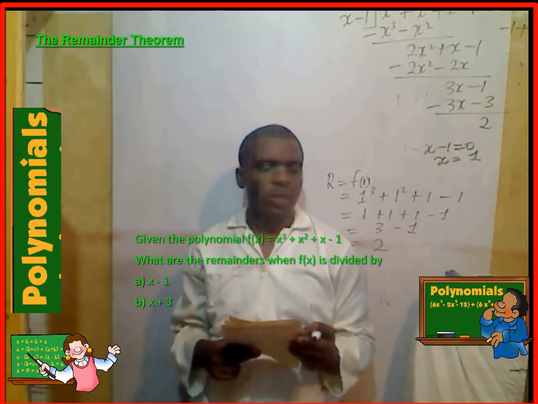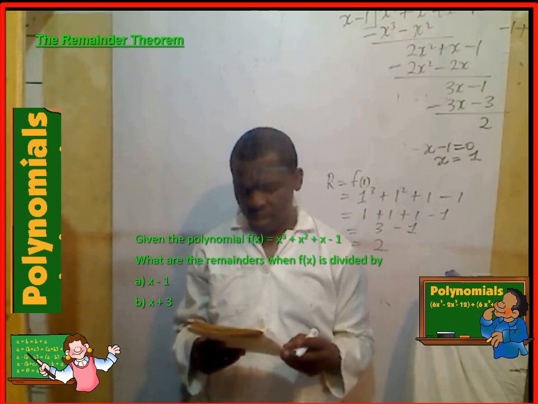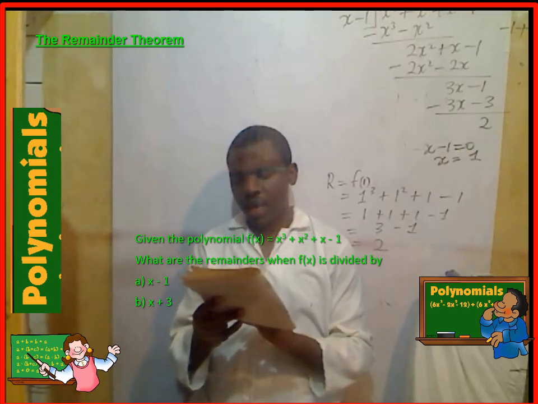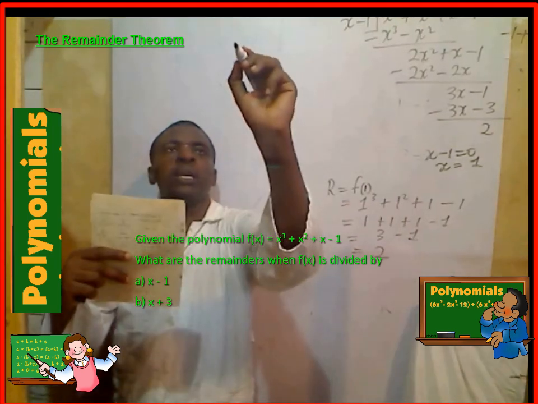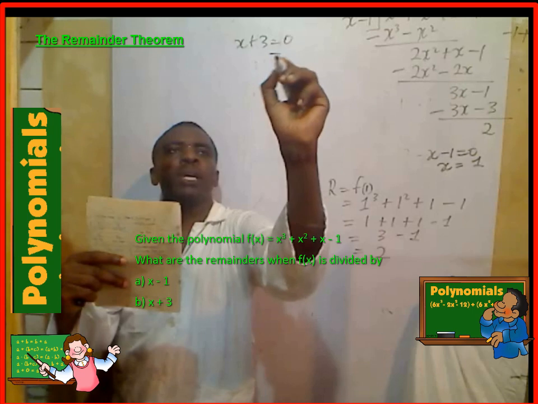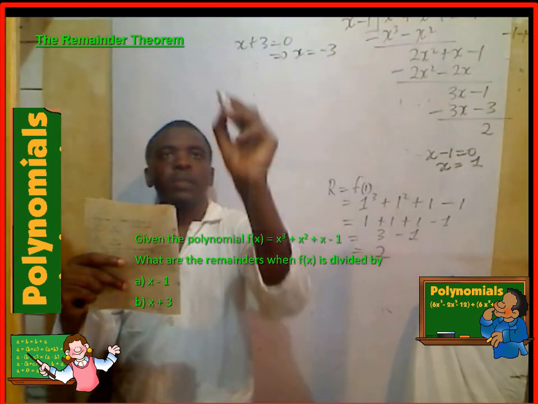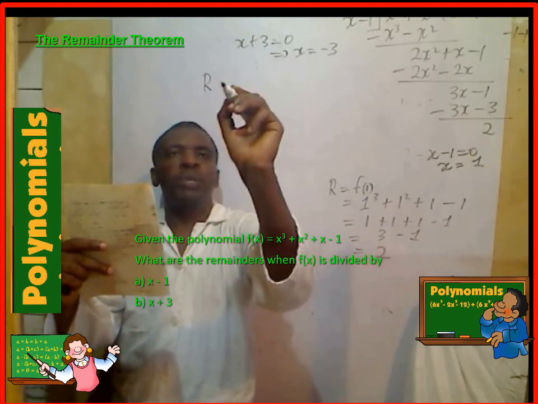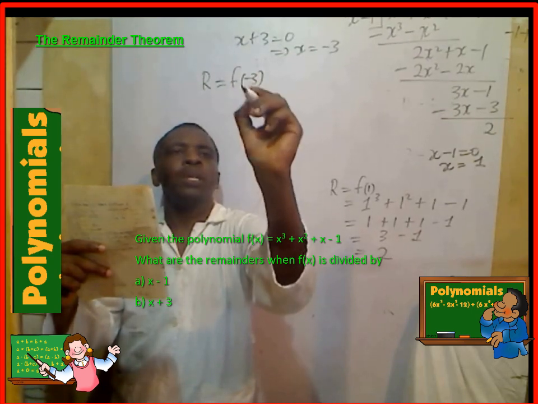Now let's use the remainder theorem to look for the remainder when the polynomial is divided by x plus 3. So here I'll say x plus 3 is equal to 0. This implies that x is equal to minus 3. So our remainder when divided by x plus 3 will be equal to f of minus 3, which is equal to